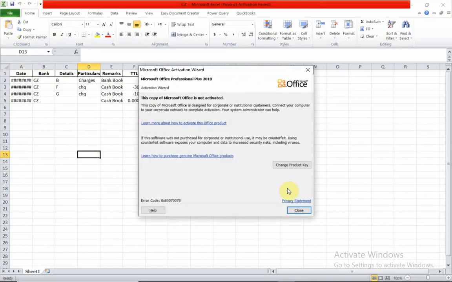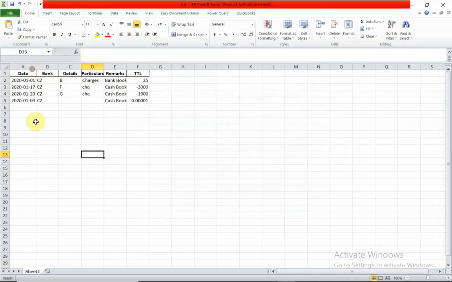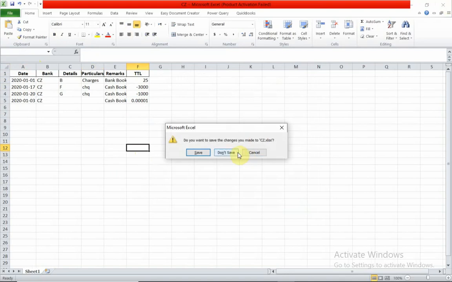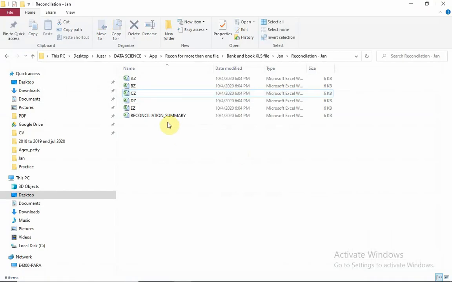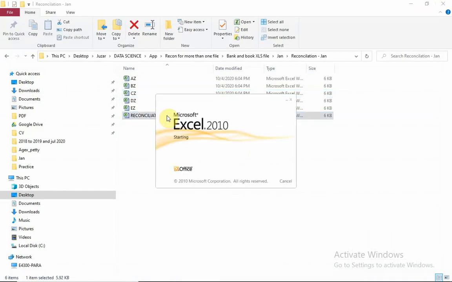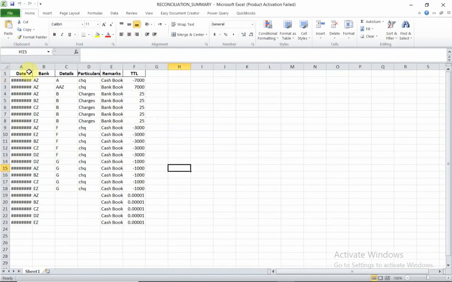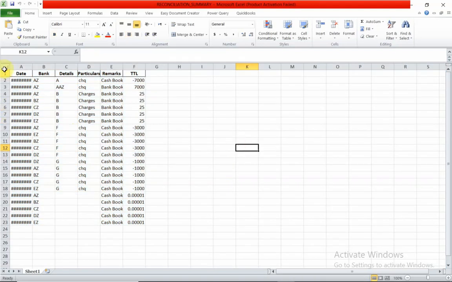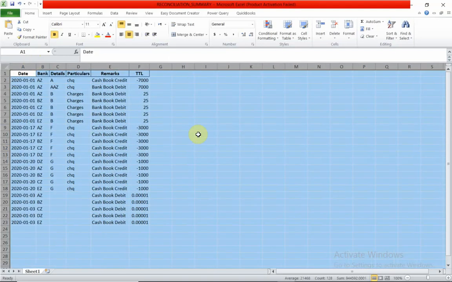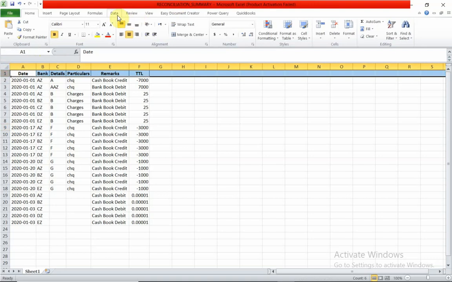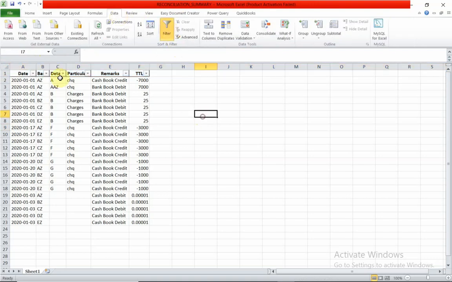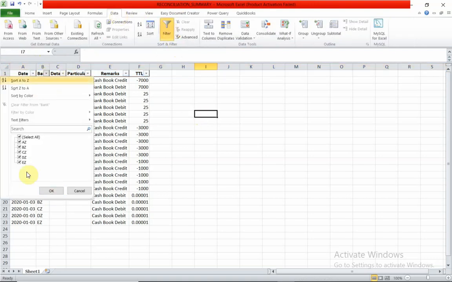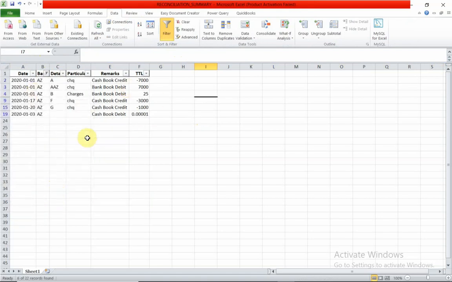If you see, it is working, and at one shot I am having 5 bank reconciliations together. Aside from that, you can have a summary for all the banks which you have worked on. See, this is the bank summary. Now if I take, let's say, one bank, I will select one bank. It will show me the same details which it is showing individually.